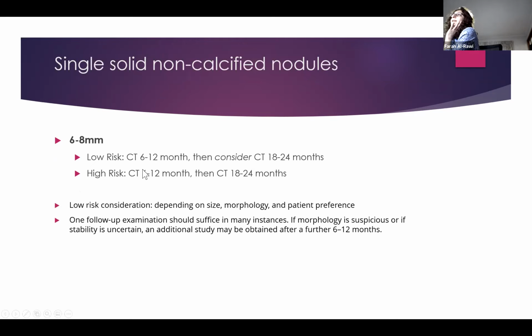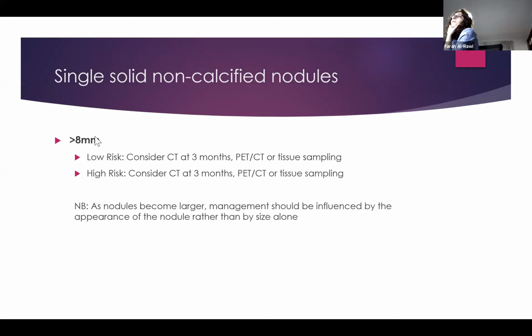the patient is worried, or has a family history, then we can just do a 12-month CT for reassurance. If it's a bit larger than that, again, we do the first CT at 6 to 12 months and then another in the following year, just to make sure it's not growing. For larger nodules, once it gets more than 8 millimeters, most of the time it's big enough to be seen on a PET. So if we do have the PET availability, then we can either do a CT at 3 months or further assess it with a PET scan, which basically assesses the metabolic activity of this nodule.